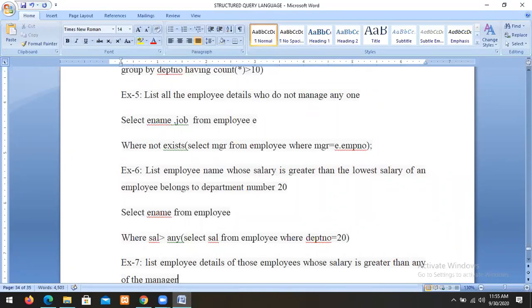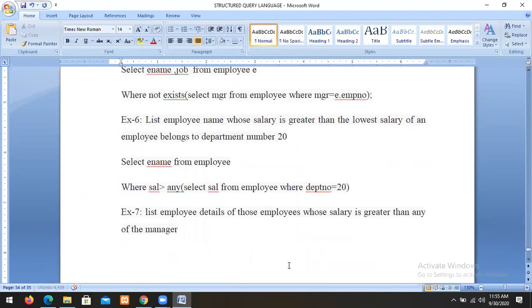I want the details of the employee whose salary is greater than any of the managers. There are so many managers, so if the salary of any employee is greater than any of the managers' salaries, then I want the details. So in this case,